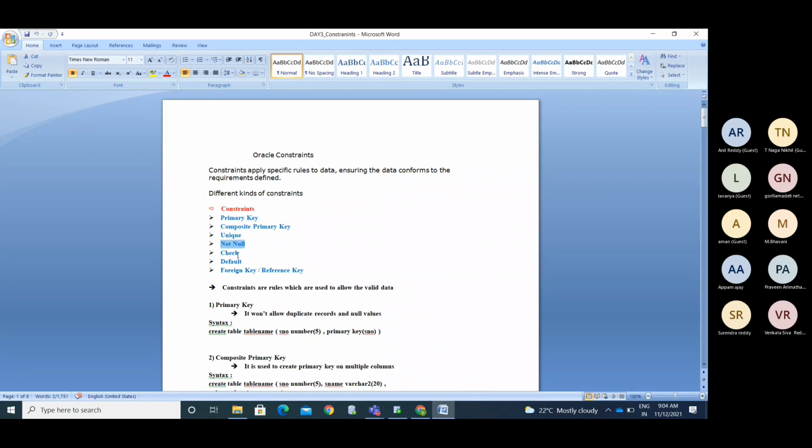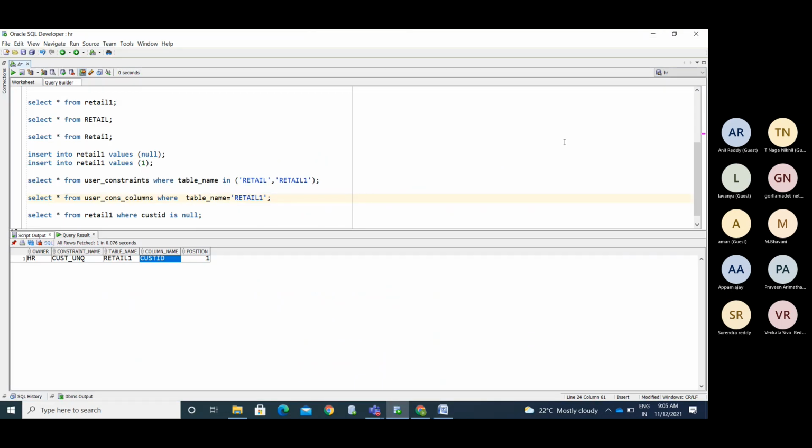Now we will see about the check constraint. Or else we can first go with the primary key constraint. Not null restricts the null values. Unique constraint restricts the duplicate values. If you club these two, you can restrict both. If you want to perform that action, we have another constraint, the primary key constraint.